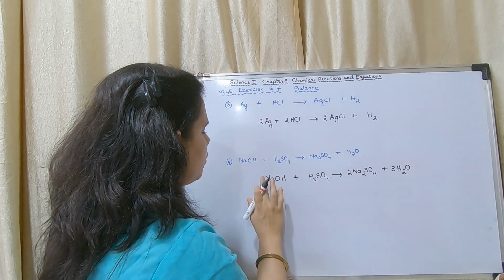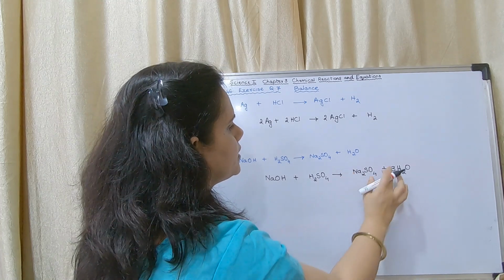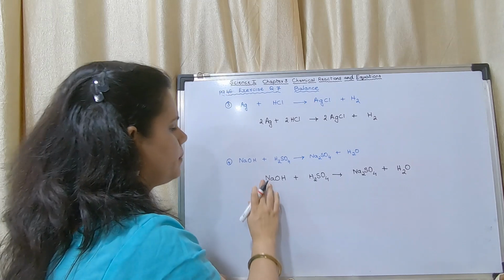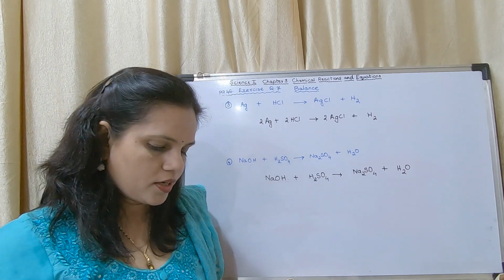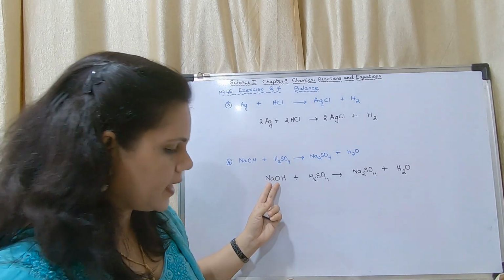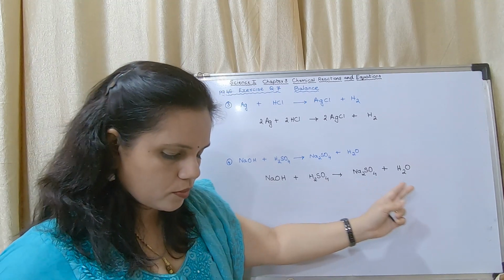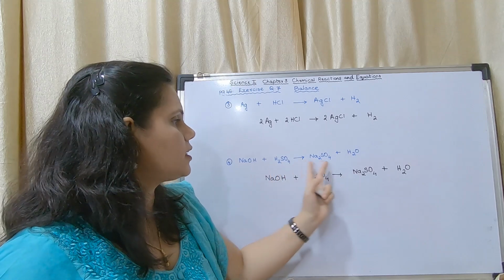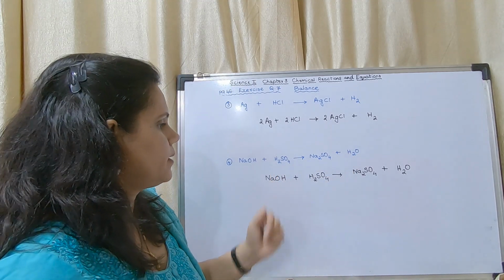I will rub this off because I am going wrong somewhere. I'll just see whether the equation I have written is correct or not. This equation we had balanced on page number 34. Okay, so now we will see NaOH plus H2SO4 gives Na2SO4 plus H2O. Yes, the equation is correct. If you go wrong in this equation, you might not get the answer. Okay, so the equation is correct.